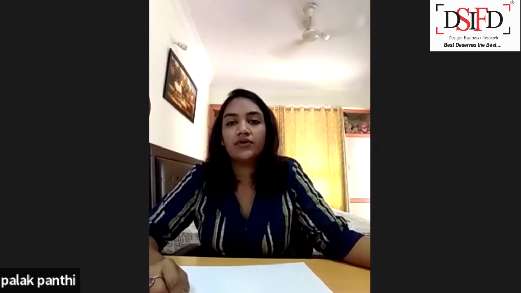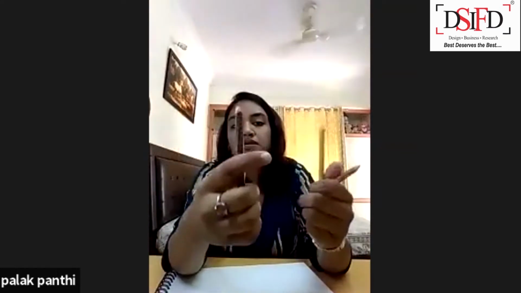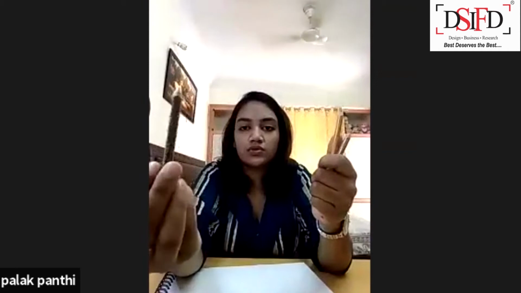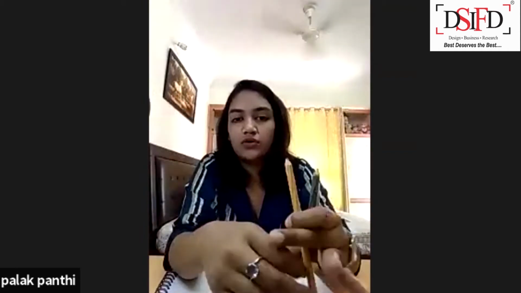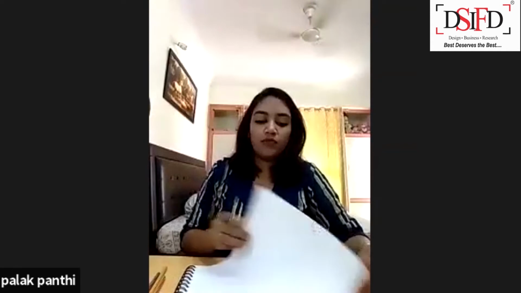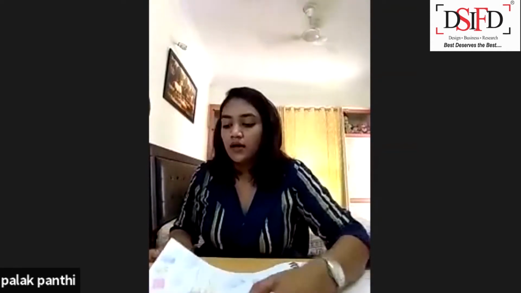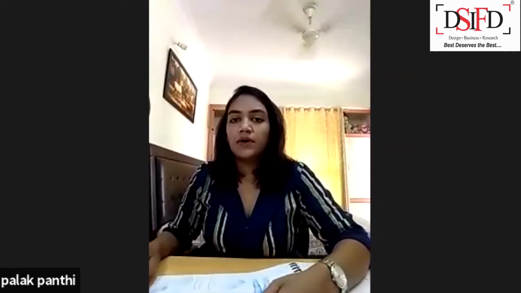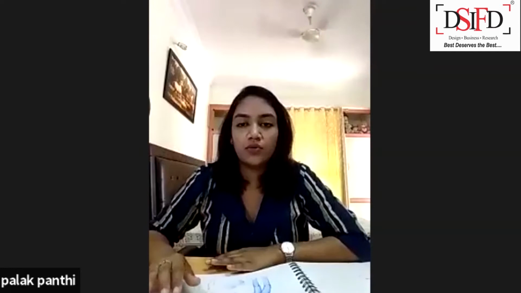The broken lines and smudging with the skin rendering pencil. And I'm using a dark brown. This is a very dark one, close to black, but it's not black. So I'm using these three colors today to do a brown color fur. And one more thing you need to keep in mind when we do fur is always remember the direction of the hair in which the fur is going.